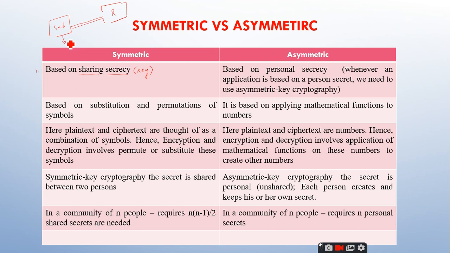At the sender side, the sender has to do some encryption. He will convert the plain text into ciphertext, which is called encryption. And for the encryption, we require a key. So once the plain text is enciphered, the ciphertext will be transferred through the communication channel to the receiver. And at the receiving end, the user has to perform the decryption action, for which he also requires one key.